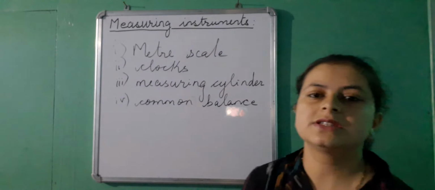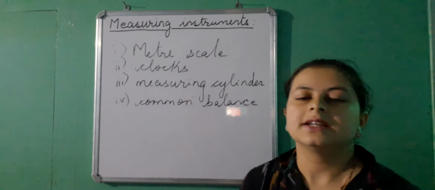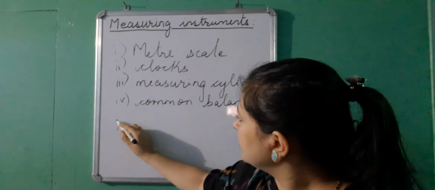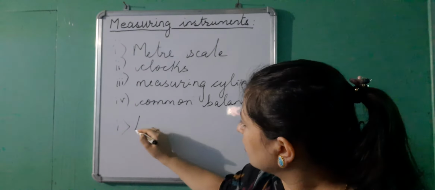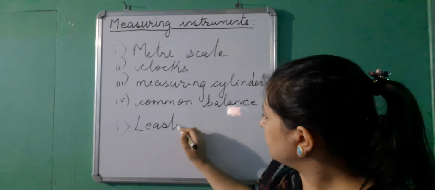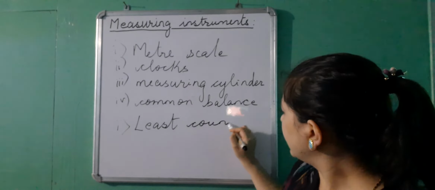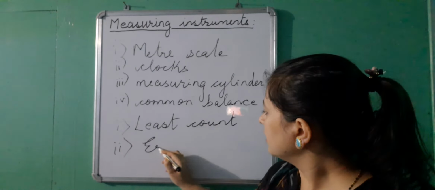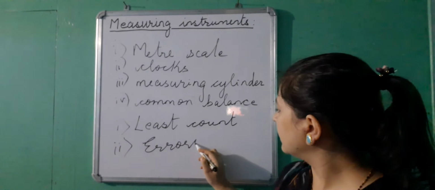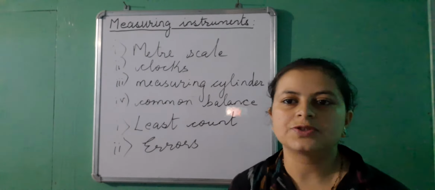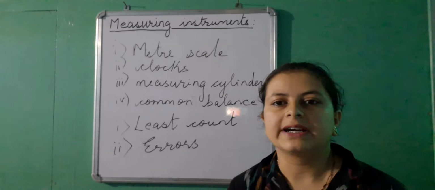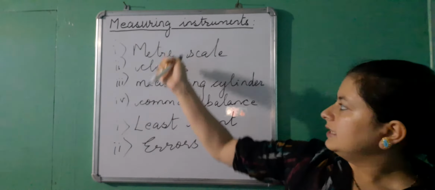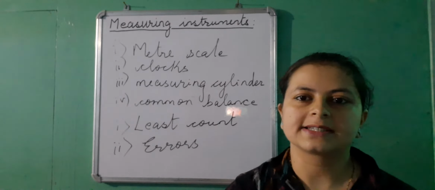So these are the instruments which I am going to discuss today, and the things that we are going to discuss today regarding these instruments are, firstly, for all these instruments, we will talk about least count, which is very important for any instrument, okay, for taking measurement. And secondly, we will also learn the errors contained in these respective instruments and why these errors may arise and what can we do to minimize these errors. So these are the things that we are going to discuss in today's class.